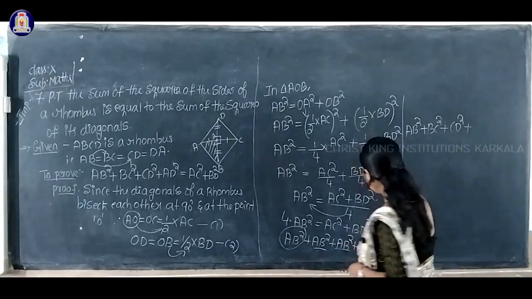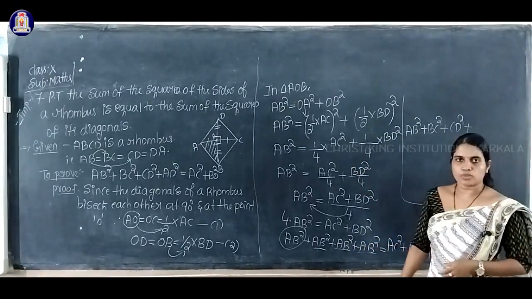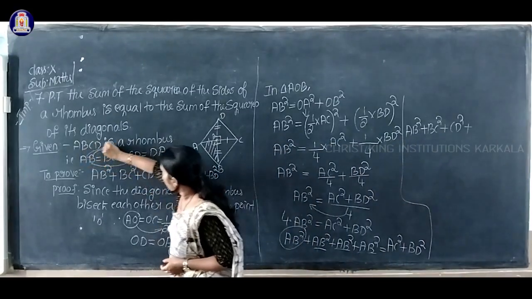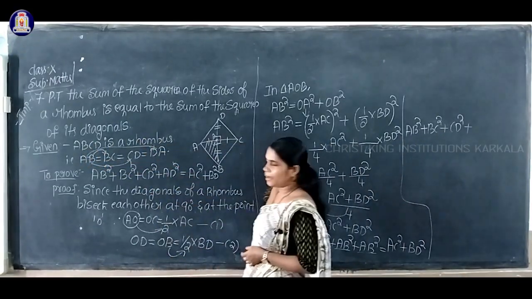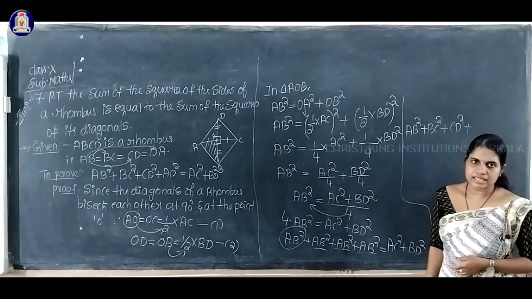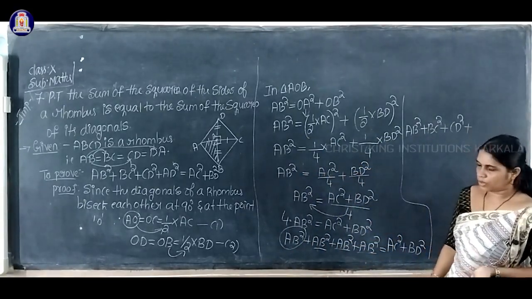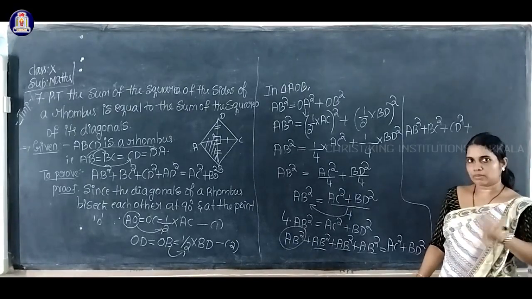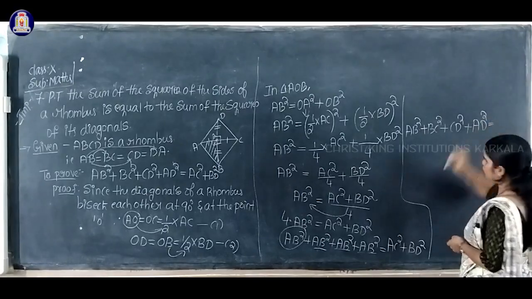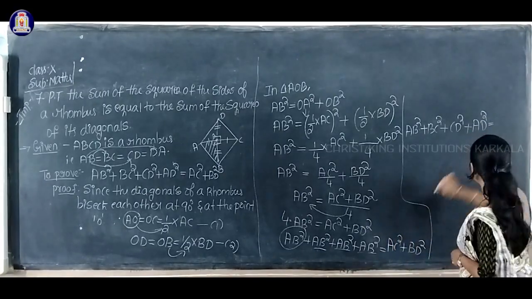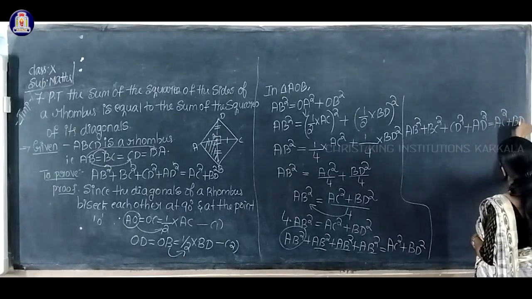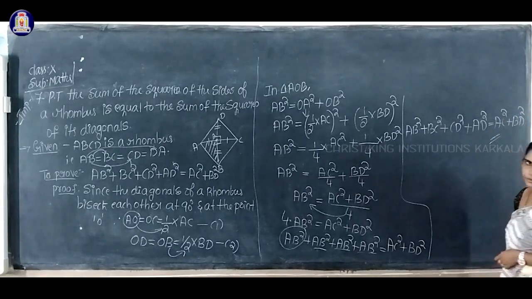Again one more AB square I have, the fourth one, isn't it? Just look here. Do you have AB equal to DA? Yes, so in the last AB square, can I replace that with DA square or AD square? Both are the same, DA or AD. So I'll write AD square equals, what is there in the right hand side? AC square plus BD square. So this is what we have to prove, isn't it?